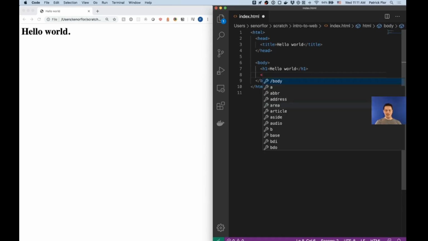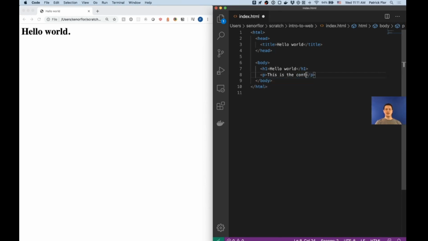Now we're going to add a paragraph as well. Okay, so that is a p tag, and we're going to say this is the content of my page. Save it. We're going to see that it's not reloading again, and this is getting a little annoying. So here's where that hack that I mentioned comes in. All right, so we are going to add a metadata tag, and let's see if we can, well, actually, let's